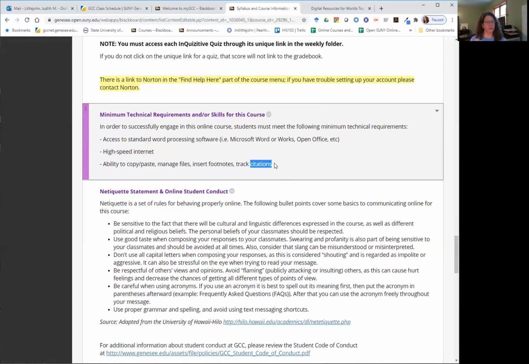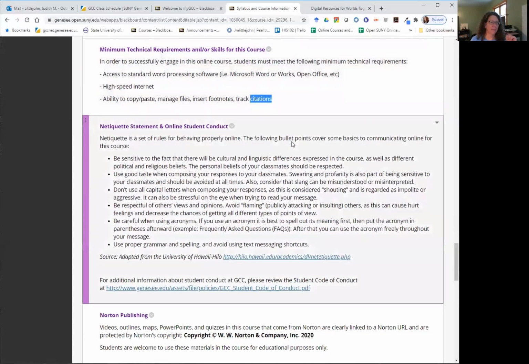So if your footnotes just aren't going to work no matter what you're doing, you're struggling, don't let the technology be the problem. Just make a note and say, hey, I tried to get this footnote in, but this information came from this source. And we can work with that.